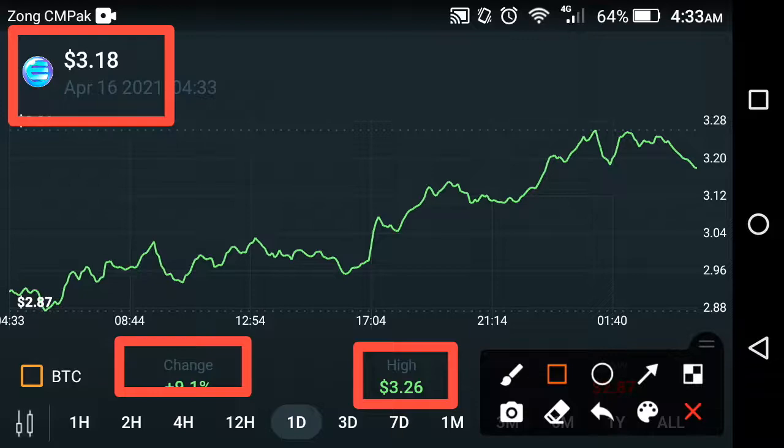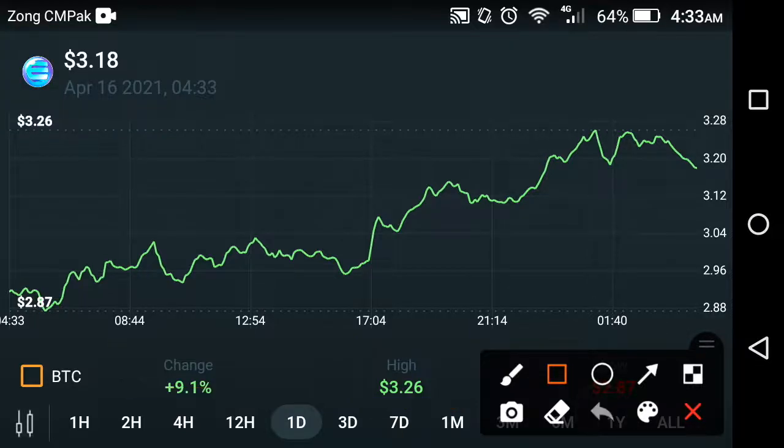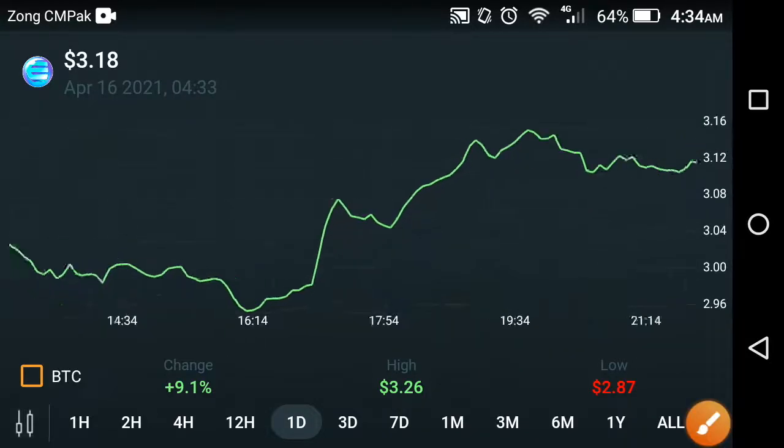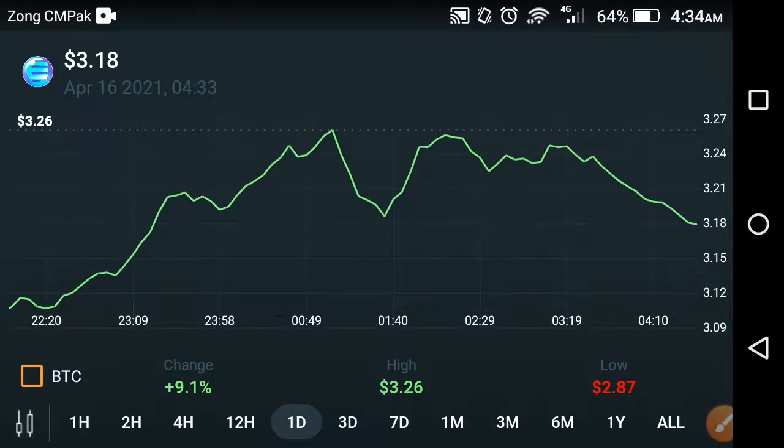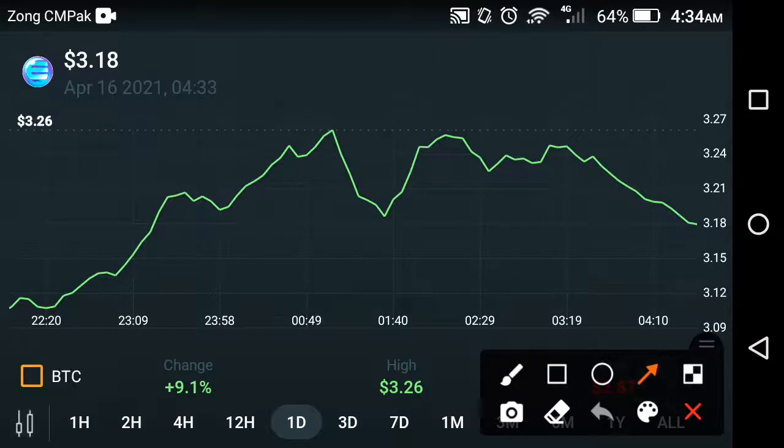So friends, if we look at the graph analysis of the Enjin coin, we can detect what the next goal of Enjin coin is, friends. As you can see here, continuous jumps have occurred in the Enjin coin over the previous last one day, friends. Now let's look at the current change of the Enjin coin at this time. As you can see here on the graph, this is the current condition of the Enjin coin. As you can see, in the previous last one day there was continuous jumping of the Enjin coin.